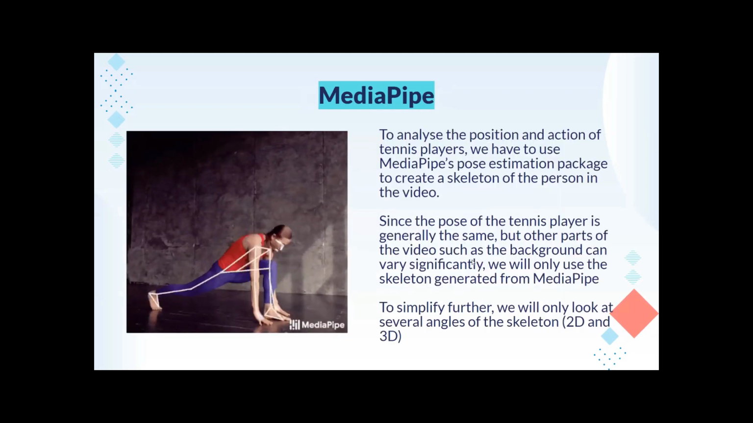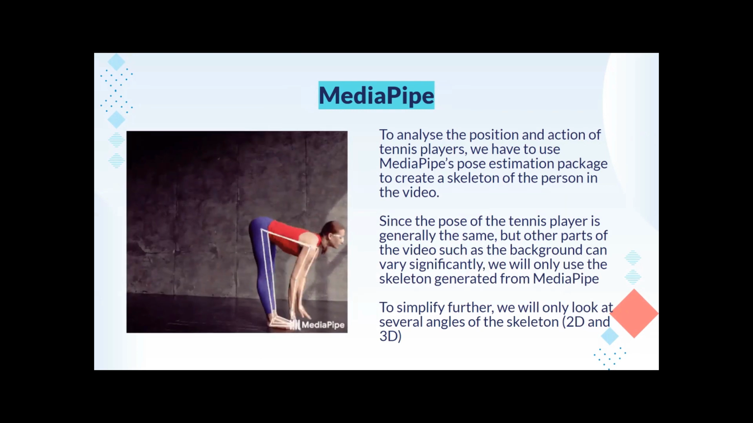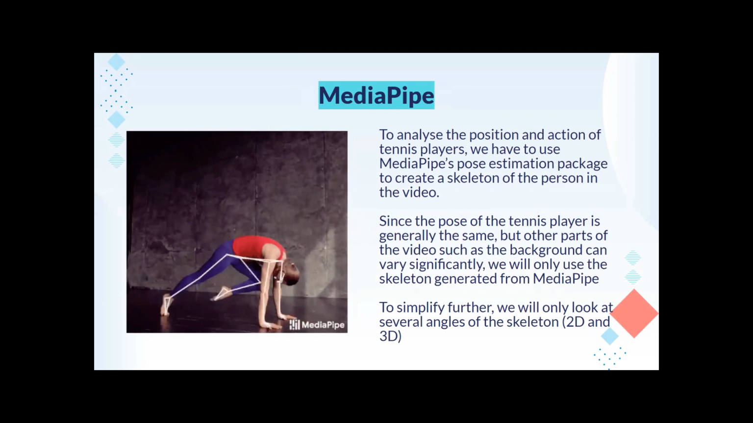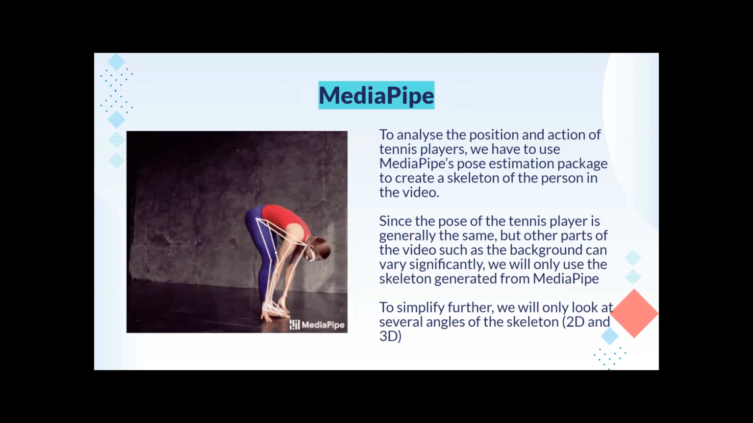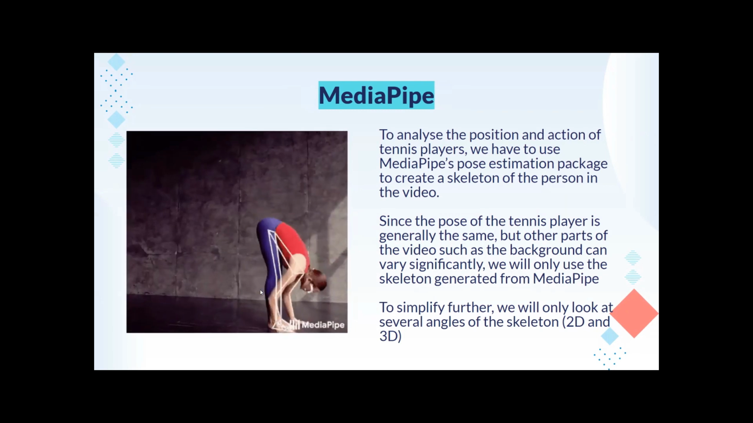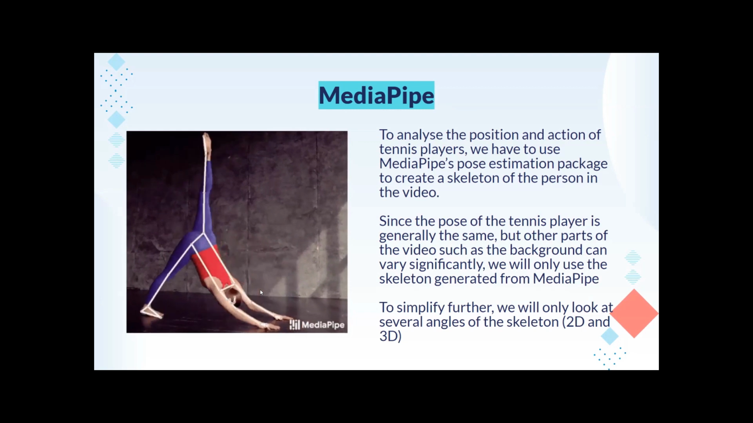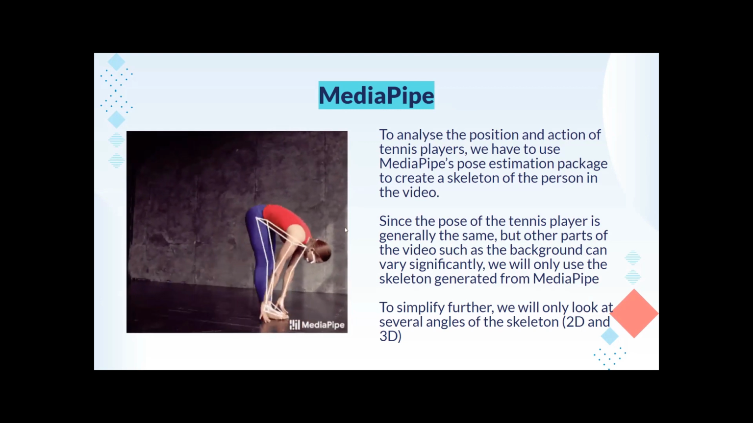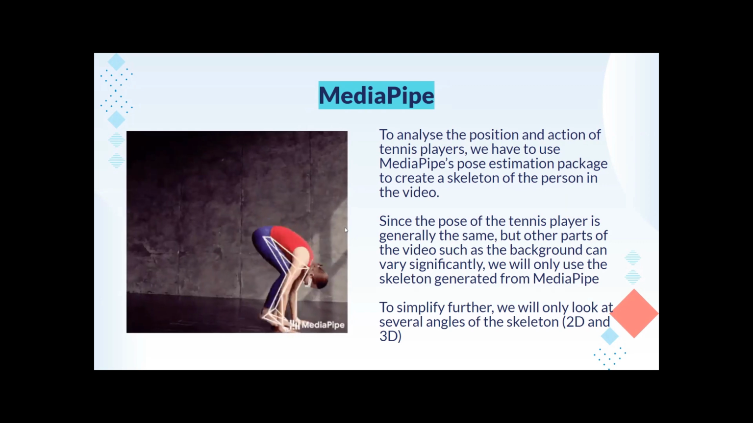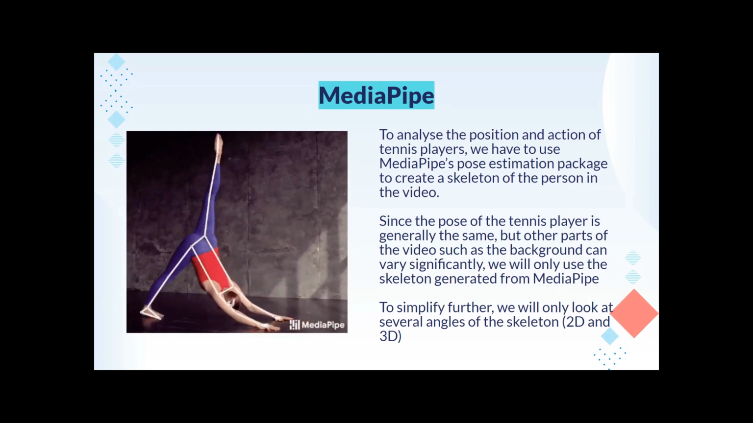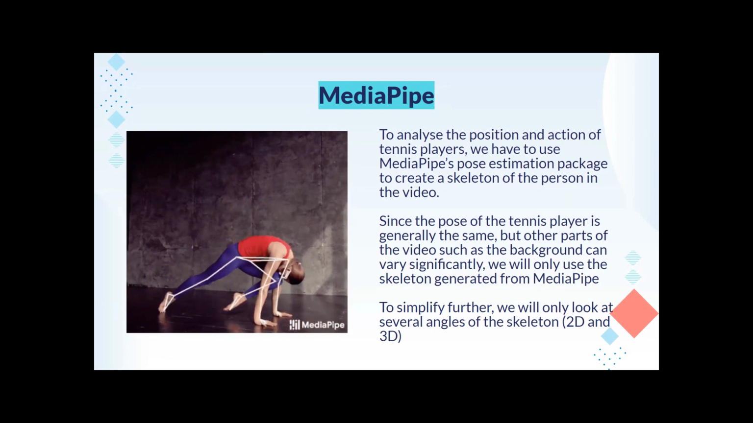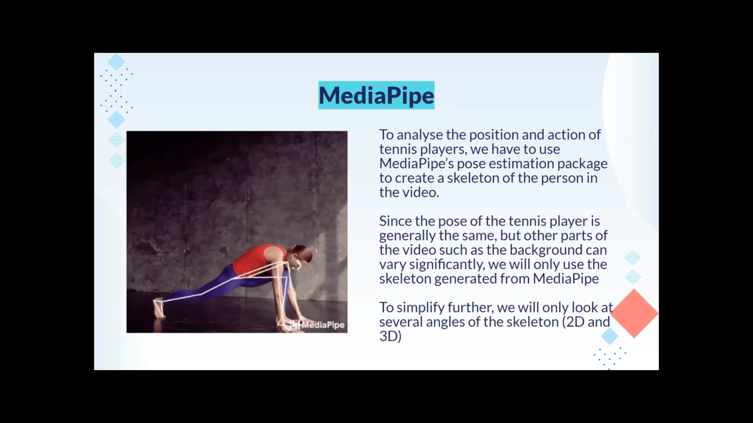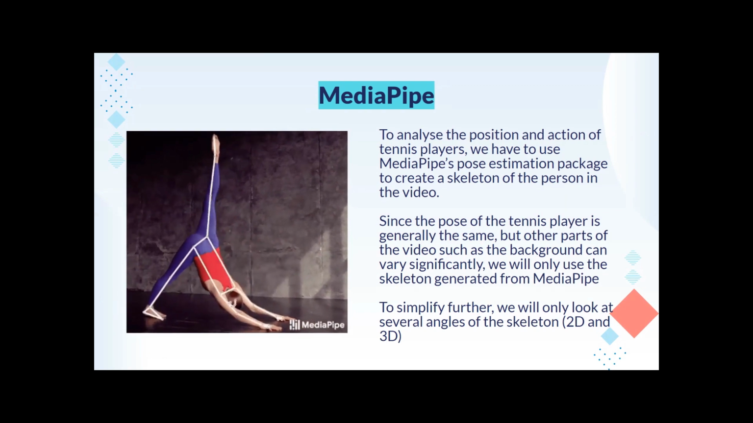So the library we're using is MediaPipe. To analyze the position and action of tennis players, we have to use MediaPipe's pose estimation package to create a skeleton of the person. This GIF shows what that action looks like. As a person is doing some sort of motion, MediaPipe's framework plots these landmarks and gives you positions of different parts of the body. For example, left shoulder, right shoulder, left elbow, right elbow, those different landmarks are all predicted using